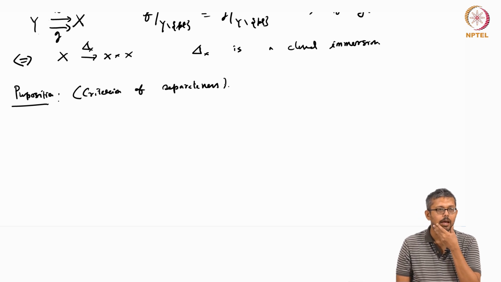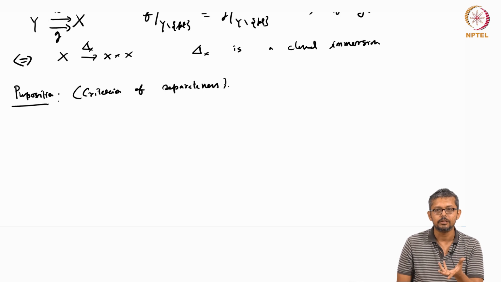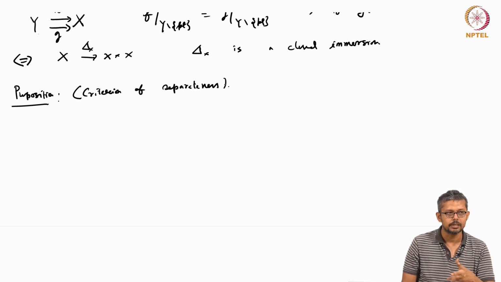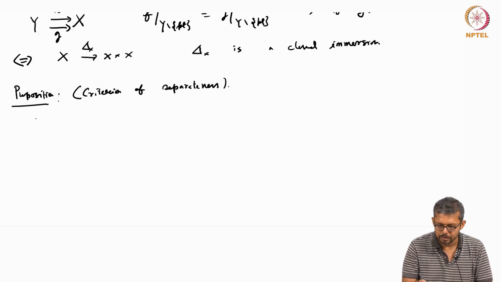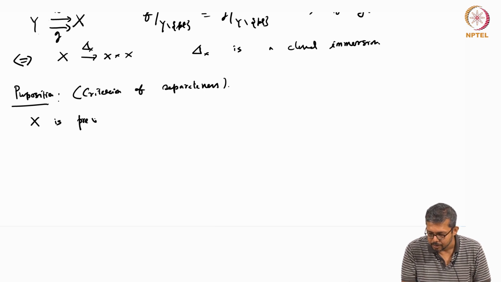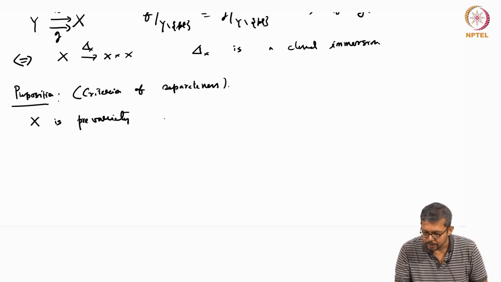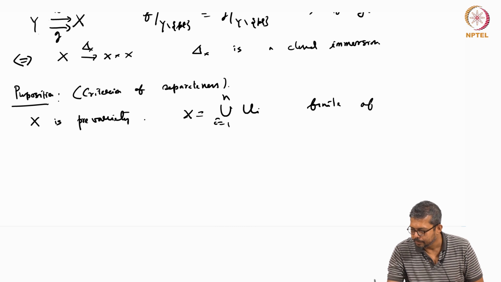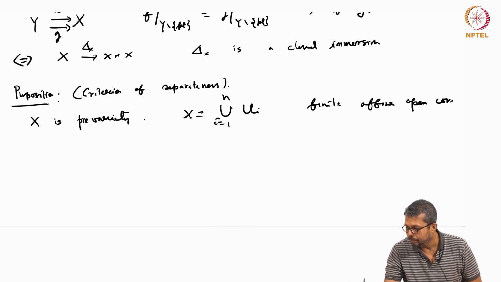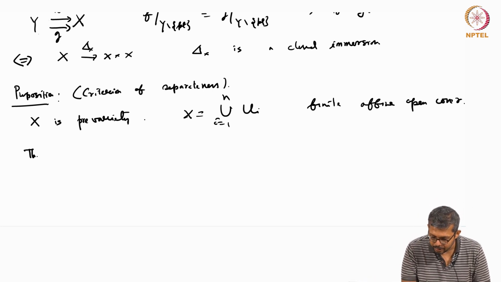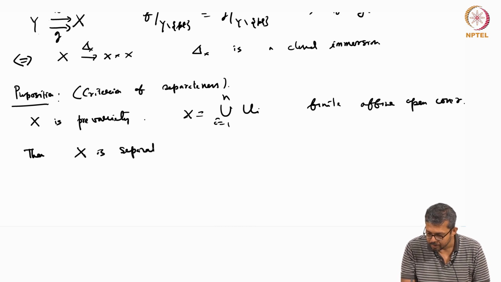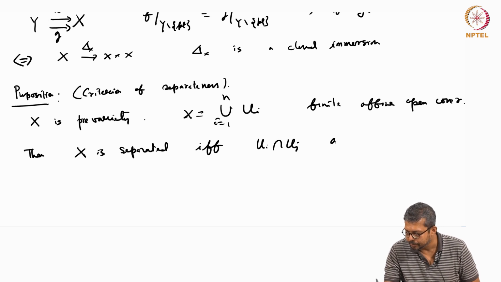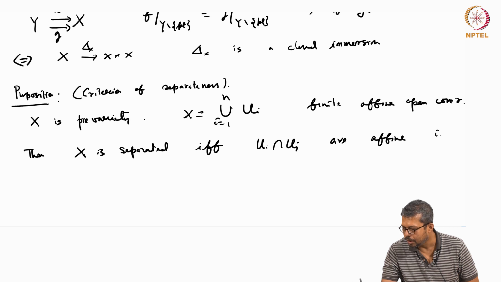Another thing we saw is that if X is a variety, and if you have two affine open subsets, the intersection is also affine. We saw this exercise yesterday: the intersection of two affines is affine in a variety. So that is one of the conditions. Suppose X is a pre-variety, and suppose you have an open cover Ui, i equal to 1 to n, a finite affine cover. Then X is separated if and only if Ui intersection Uj are affine for i, j equal to 1 to n, and